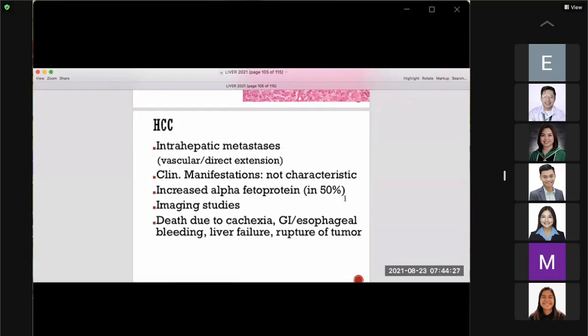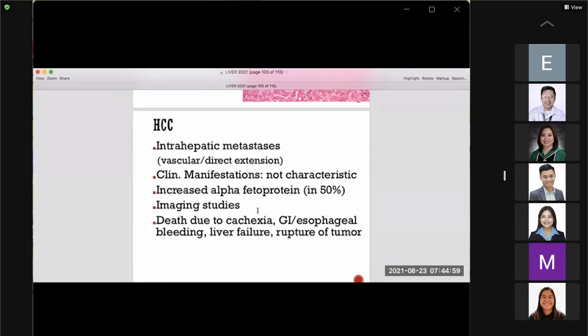Serologically, we get to see half of the patients will be having increased alpha fetoprotein. So, when there is a liver mass, the clinician would be requesting for alpha fetoprotein. So, when that is elevated, together with the liver mass, they would think of hepatocellular carcinoma. Okay? Imaging studies, of course, ultrasound, CT scan, and clinically, the death of patients with hepatocellular carcinoma can be